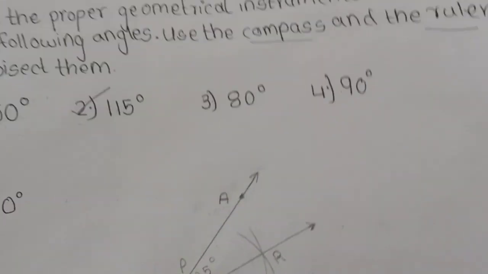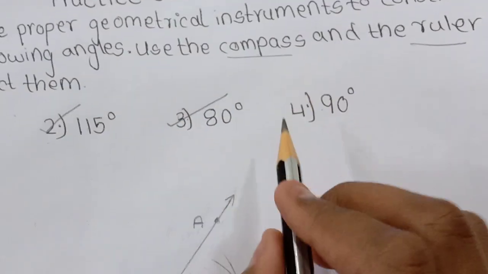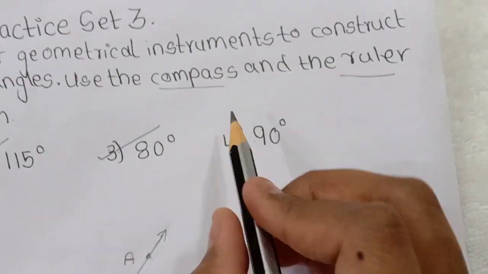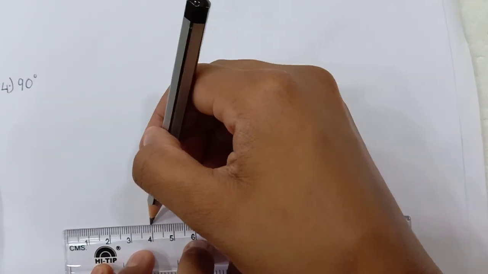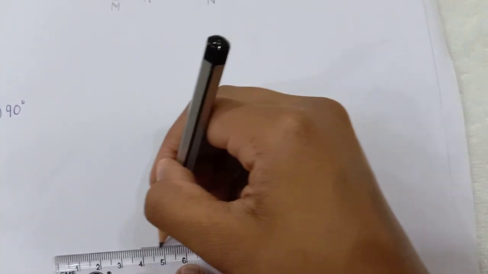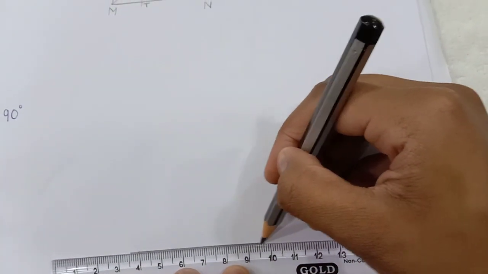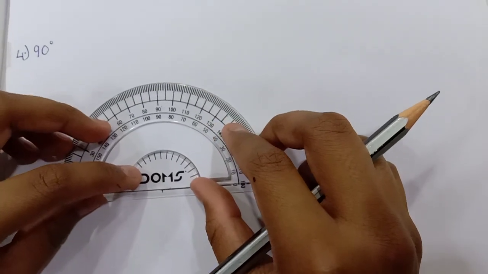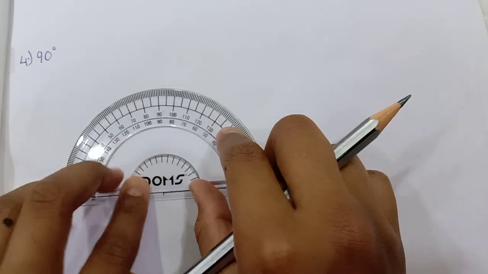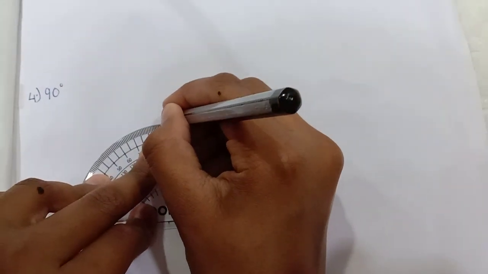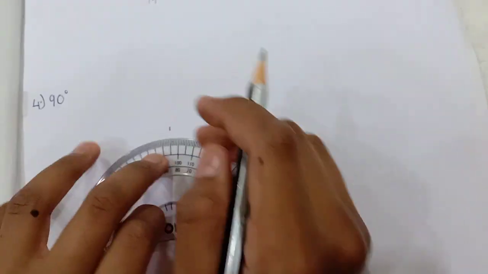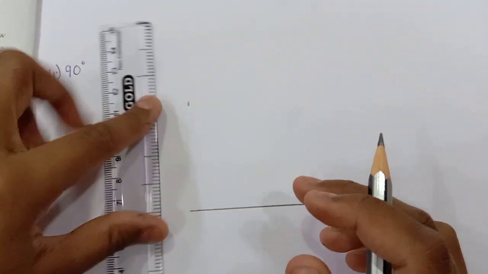Now we have done this, so I am going to mark it. Now the last one is of 90 degree. So we are going to make the 90 degree. So children, you know that we are making the 90 degree angle and bisecting it. 90 degree is very simple for everyone. The same thing which we did for every angle. Now 90 degree, here it comes, and then make that line.